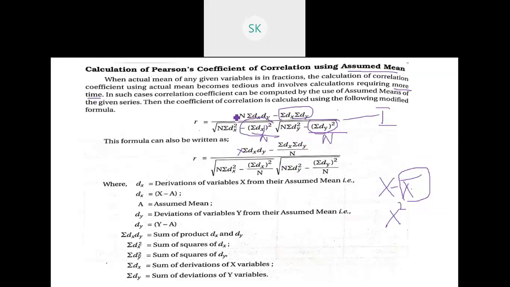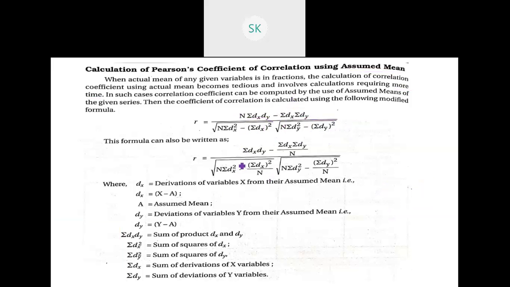In the first formula, it's simple to look at, and we can just follow this formula. The second formula may be used in very few circumstances where you have to divide by n for the second expression everywhere. Now since we have so many new notations, let us understand what all the notations are. We saw dx everywhere here. So what is dx? Deviations of the variable x from their assumed mean. Dx is nothing but x minus assumed mean, and a, we already know, is the assumed mean.